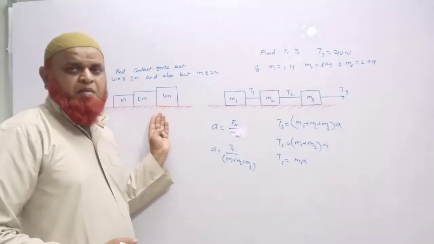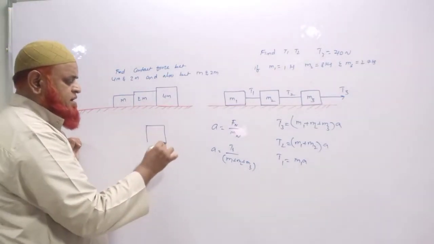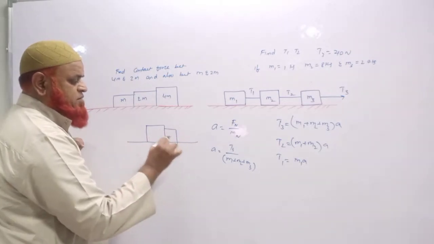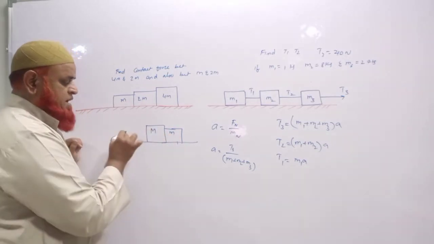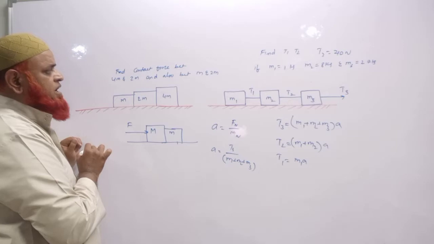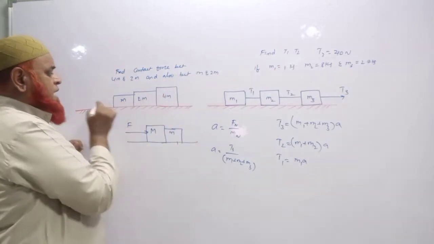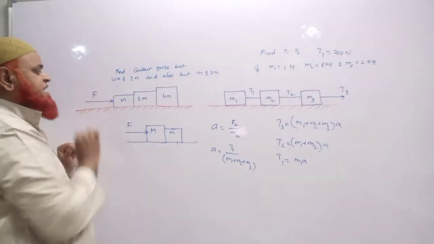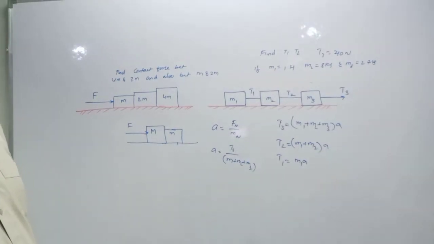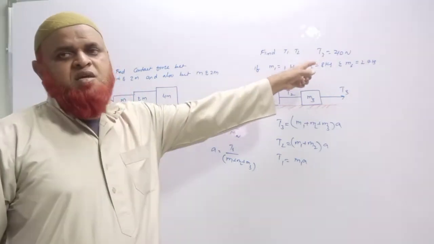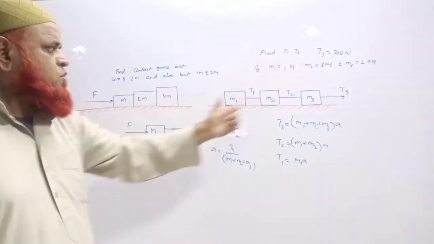Okay. So what about this problem? How can you solve this problem? For this I will give one small trick here. For example, these two are the blocks having masses small m and capital M, and force F is acting on that. Find the contact force between them, and that is possible only when there is certain force acting here. Some force should be acting here. I think it is given. Here in the problem he has given 36 newtons or 40 newtons, whatever, it doesn't matter.